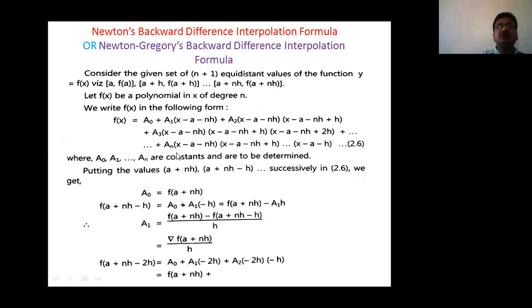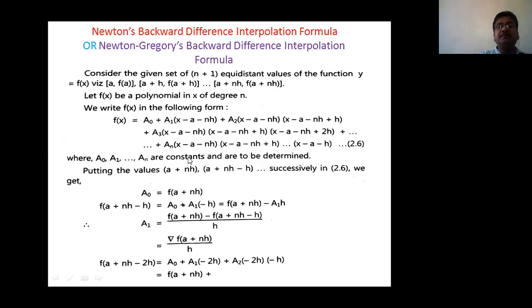So second point. So remember this formula, this f of x value for further proof, where A0, A1, A2, An are to be determined. In the proof of Newton's forward interpolation formula, what is the coefficient of An? The coefficient of An is X minus first point, X minus second point, X minus third point. In this way, X minus second last point, not last point. And in this way, in this proof, what is the last coefficient? Last bracket X minus second last, not second last. Yes, X minus second point, not first point. So these A0, A1, A2, An are to be determined.